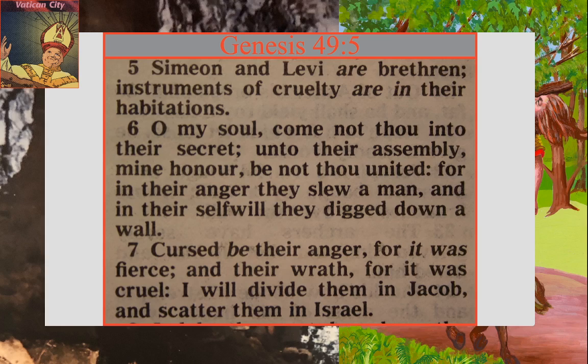Simeon and Levi are brethren. Instruments of cruelty are in their habitations. It's the priest, Levi. Instruments of cruelty are in their habitations, in their selves. That's what I'm thinking. It's like personality types, aspects. O my soul, come not thou into their